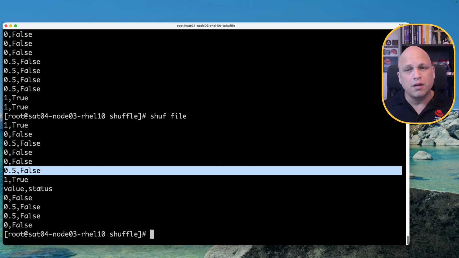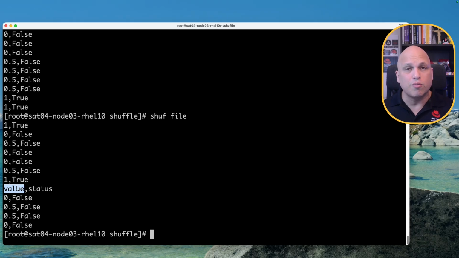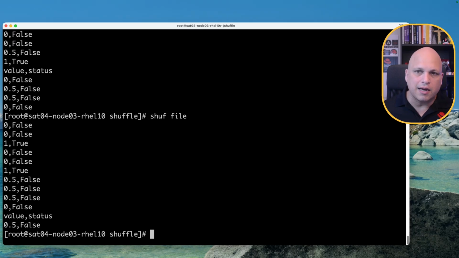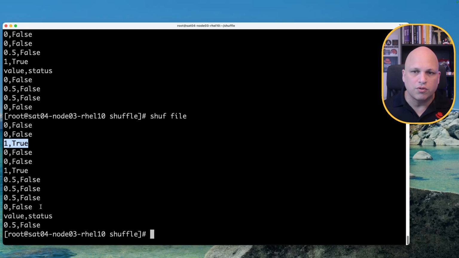One problem here, though, is the header. The header will get shuffled as well, and will be in the middle of the file. For me, this is not a big problem because I have just one line of header. I know my header. What I can do is just delete this entry over here and put on top of my file, okay? If I run this command again, check this out. As before, this will be different. So before was 1 true, now I have 0 false, 1 true, 0.5, 0.5,